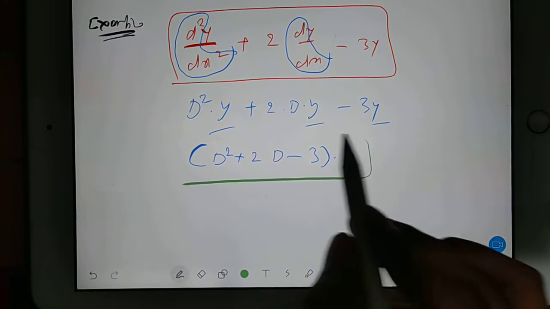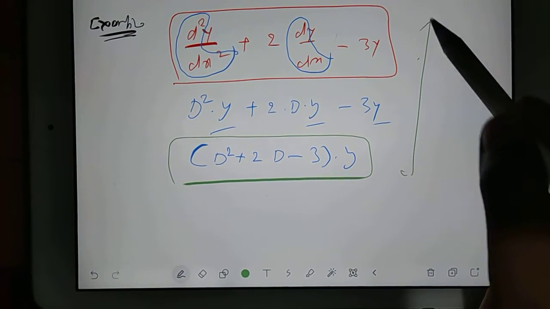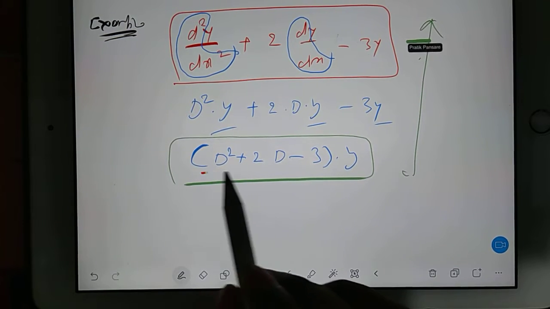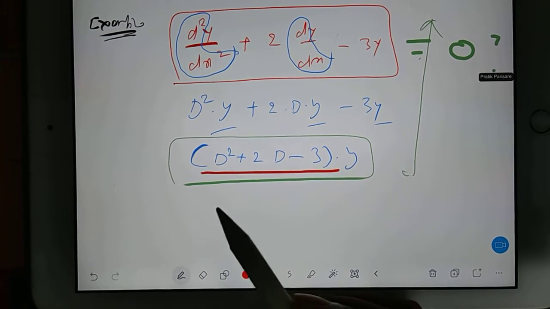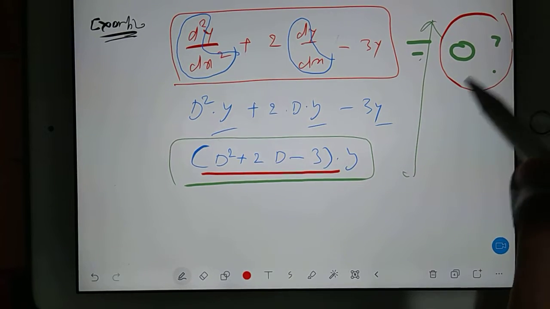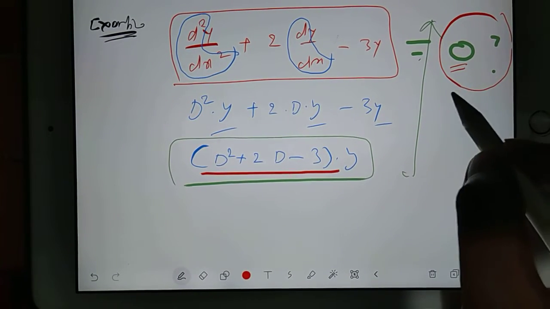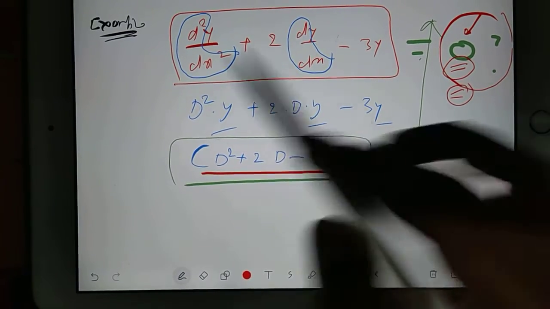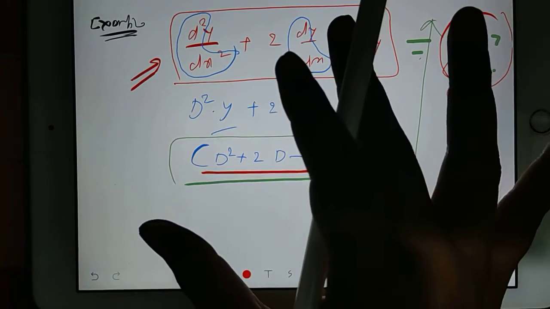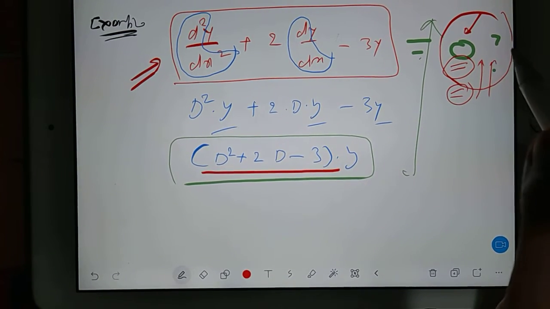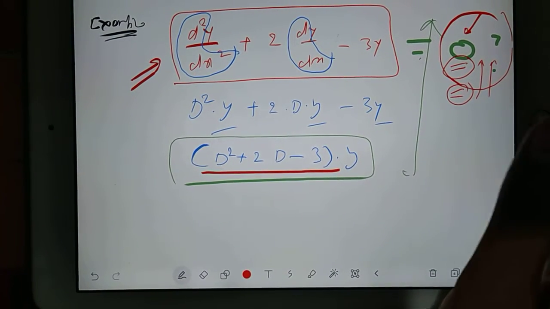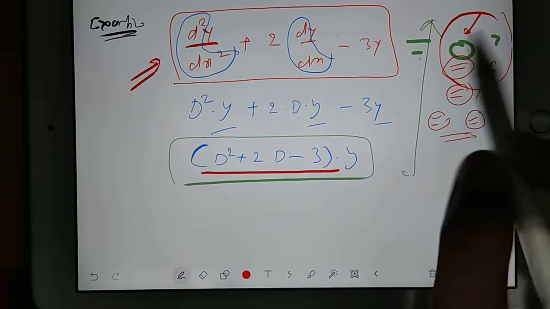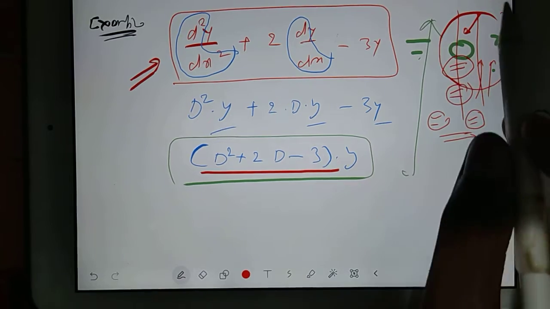Now we have to perform this kind of operation in every question. When you land at this part, I'm not putting any zero here right now, because you can put zero and you can also put some functions. If you put zero, it means that for this equation only the complementary function is possible. If you put any function of sin x, cos x or something else, or any constant, it means both the complementary function and the particular integral are possible. Right now I'm not putting anything here. I have to explain something else.